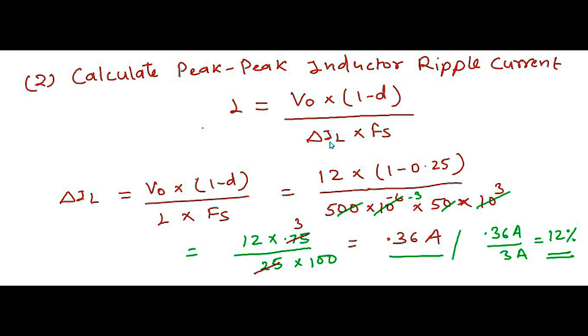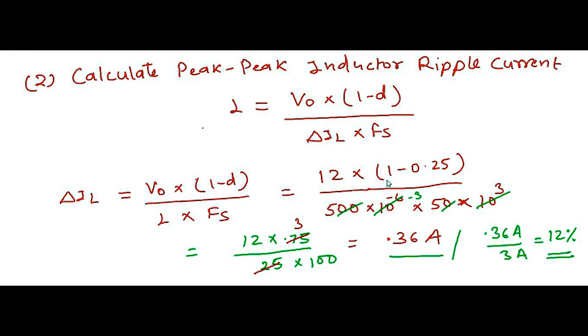So delta IL is going to be V naught into 1 minus D divided by L into Fs. And if you plug in the values now,